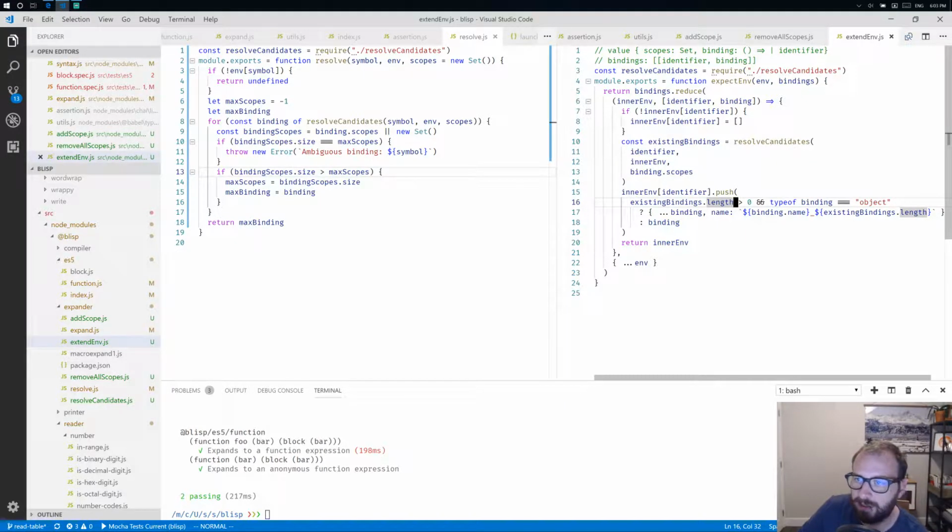So what we do here is we loop through a set of bindings, appending them to the environment for that symbol and generating a unique symbol if the binding already exists, if there's a matching binding existing in the set or in the current scopes. So we probably want to